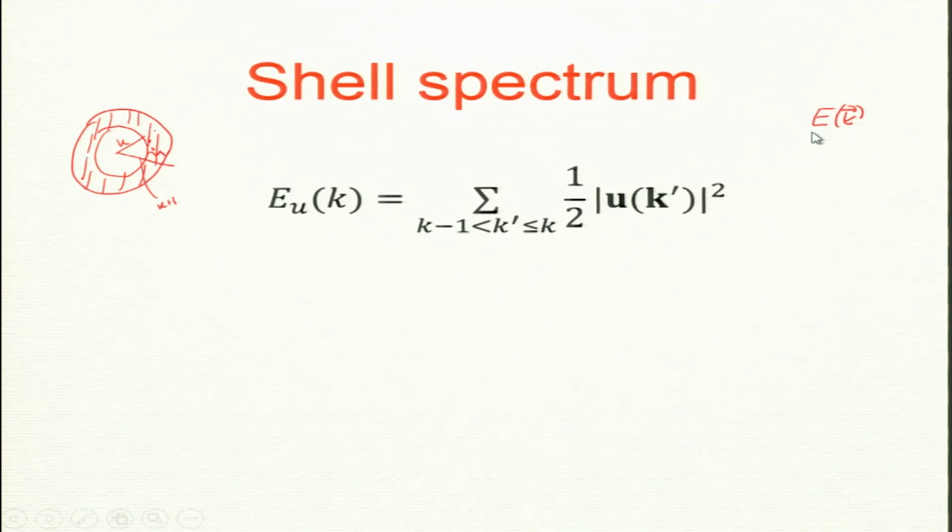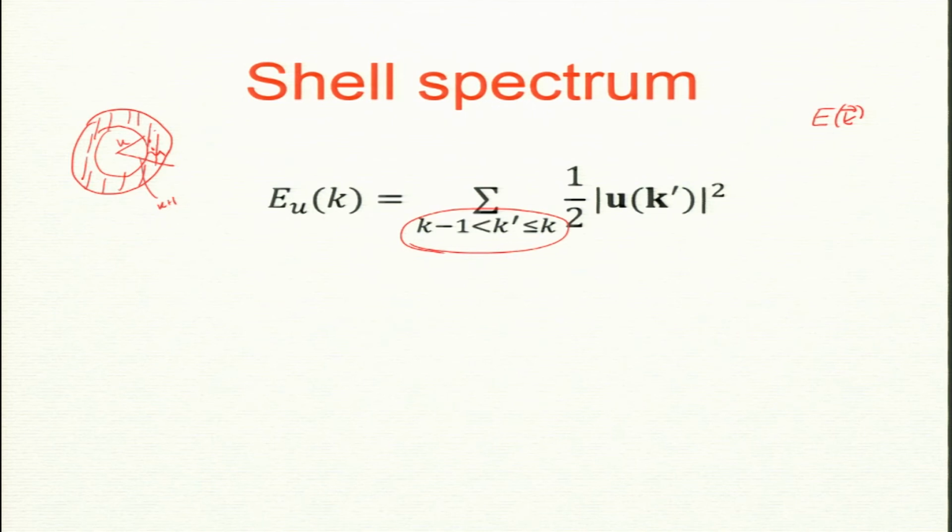So there are many modes inside, right? Is that correct? There is a mode here, there is a mode here. You have to think of a 3D lattice, and there are some lattice points that lie within the shell. Now I sum over all the points in the shell. So instead of E of vector k, which is called modal energy, I am defining the shell energy, the shell spectrum, as the sum over all the modes in a shell. Kolmogorov theory, which we will discuss a bit later, is for a shell, not for a single mode. So E_u of k is the sum over all the modes within the shell.